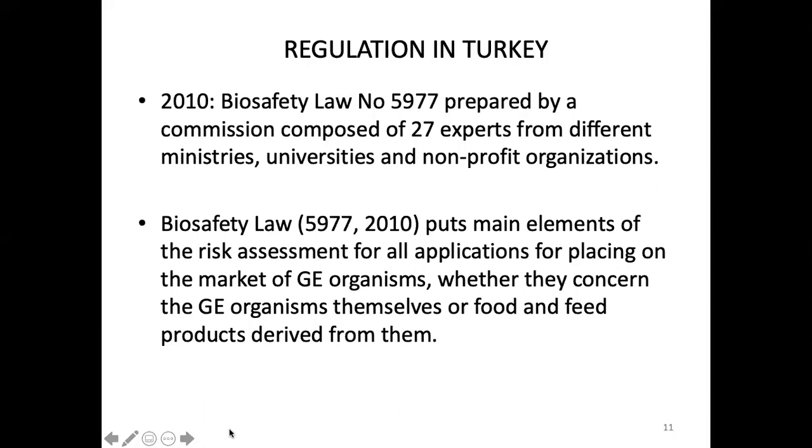In 2010, the biosafety law was prepared by a commission composed of 27